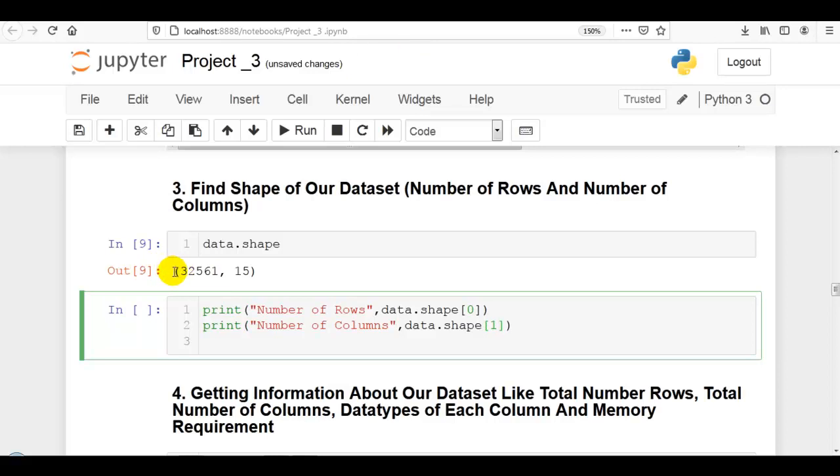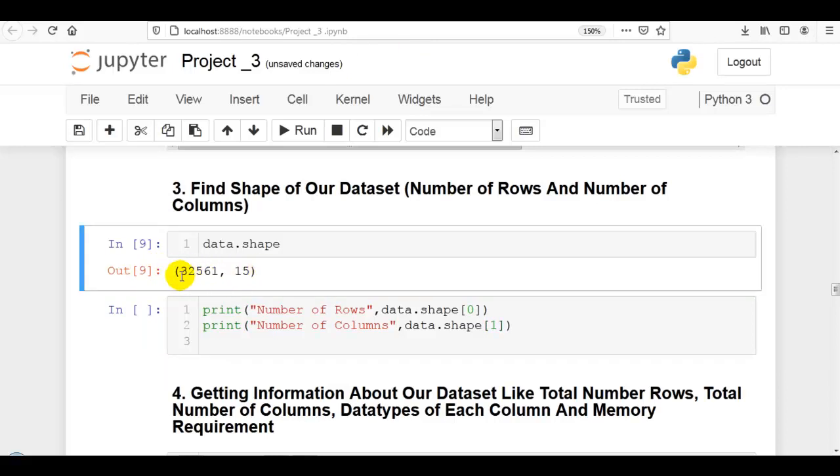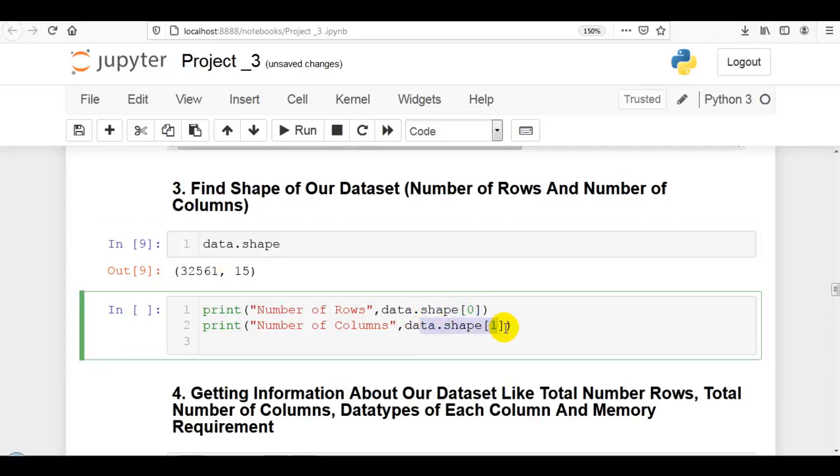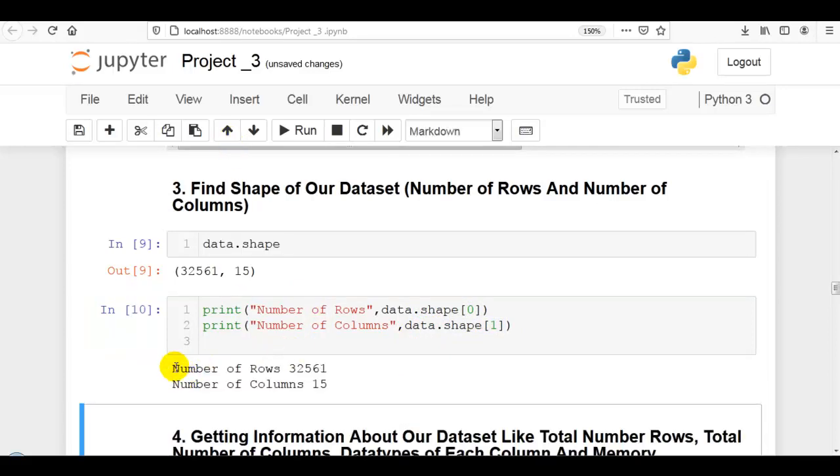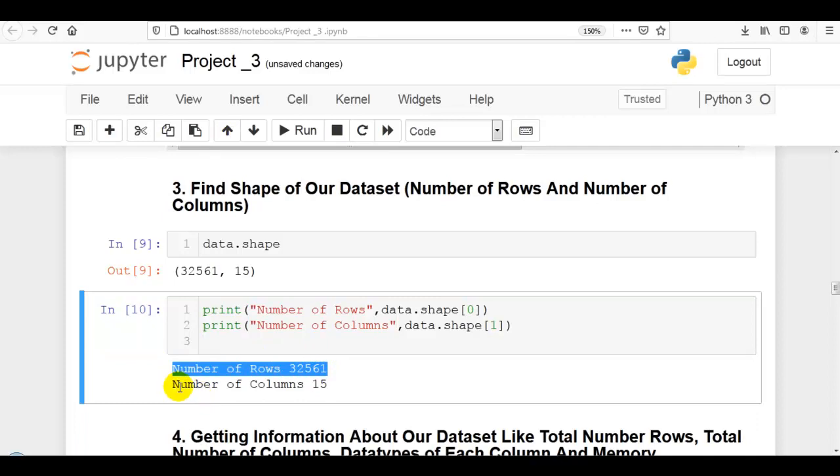As you can see over here, it is a tuple. This is at index 0 and this is at index 1 that you can see over here. Index 0, index 1. Let me execute this cell. As you can see over here, we have these many rows and these many columns in our dataset.